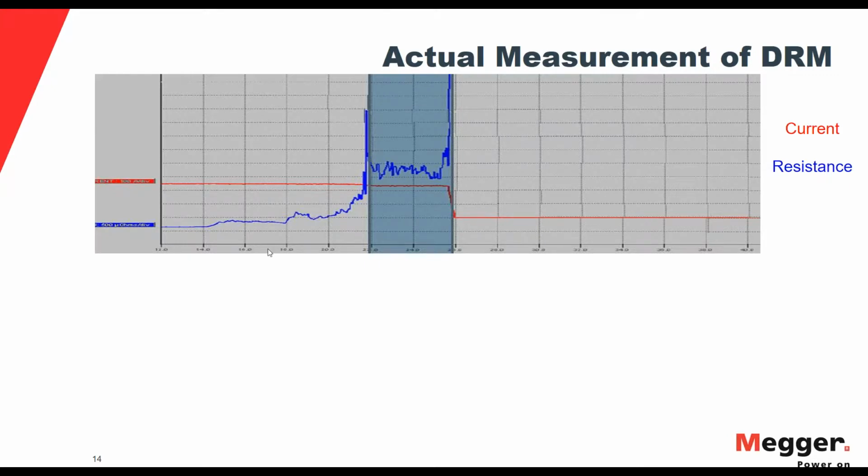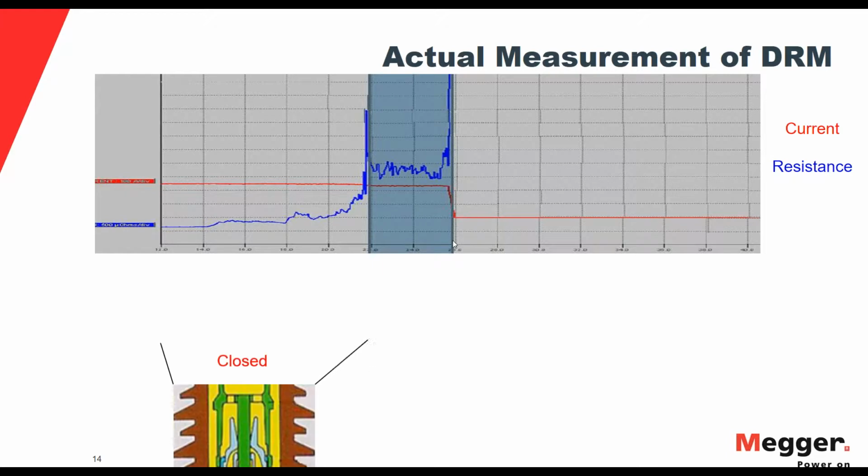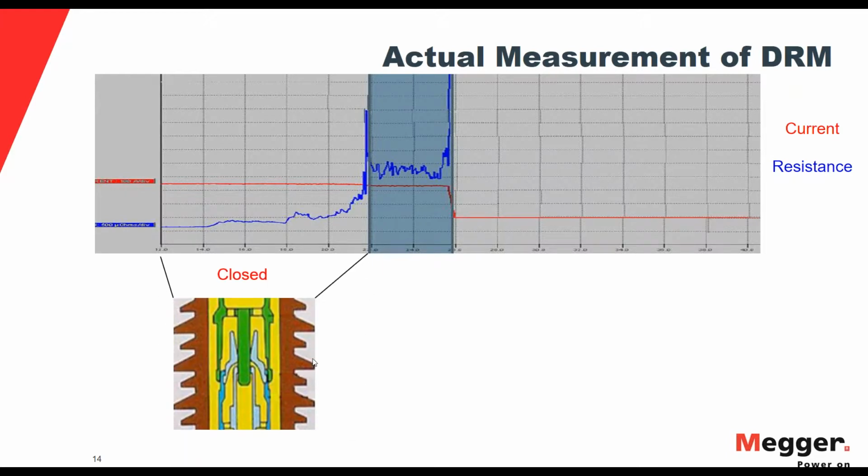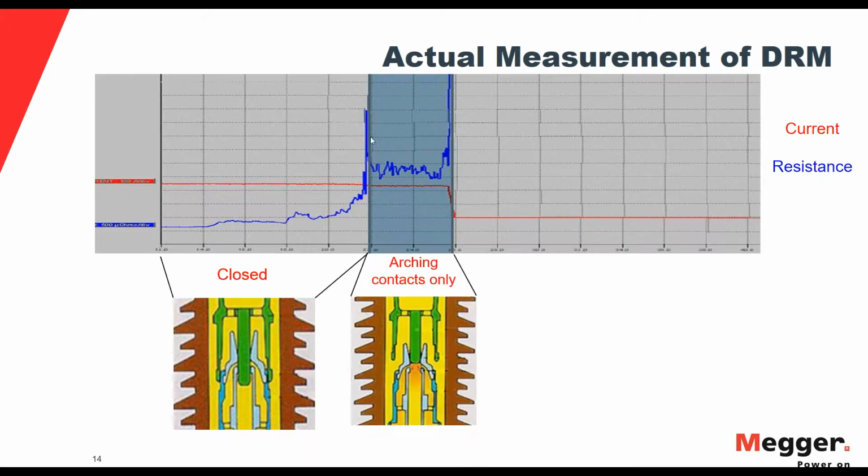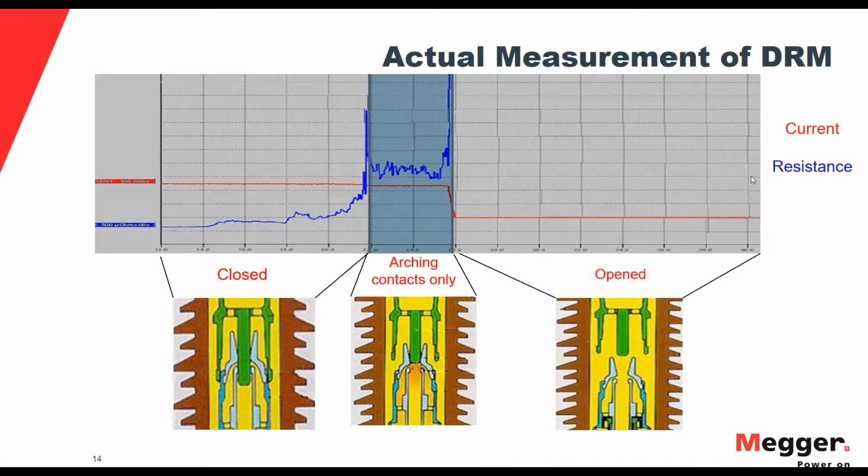You started first with a closed position where both your contacts are enclosed. Then I did get a small jump, some kind of unstable jump. It's not something I can get anything out of. It's going from up 200, up to 150, up to 100, going up and down. So it's not really something stable. And then I got the open position, which then resistance will become infinity, like